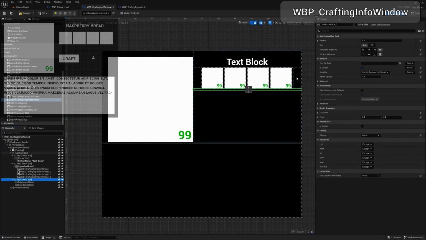We want to come up here to the size. We want to make this one fill, and then we're going to change the vertical alignment to be center. There we go. So now we're going to be able to center all the information here in the space that's left between down here and these images right here. So now inside